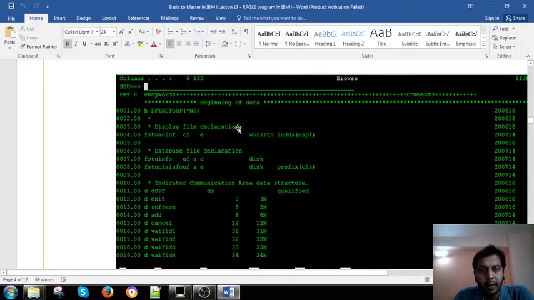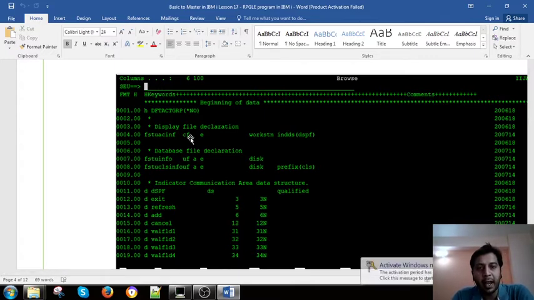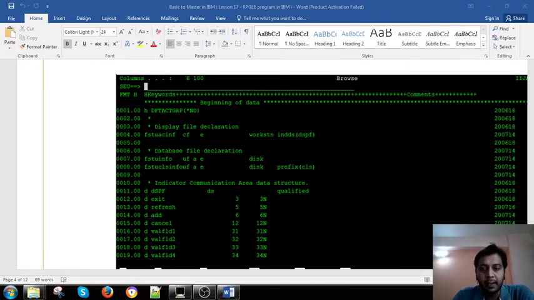This is a display file declaration, and this is position based. Now we have the free format, where we can declare everything in free format: the files, headers, everything. In this screen we will see some free format logic in the C specs.